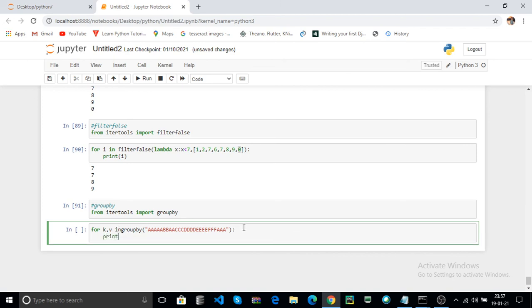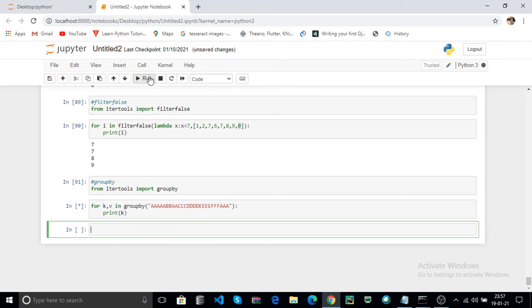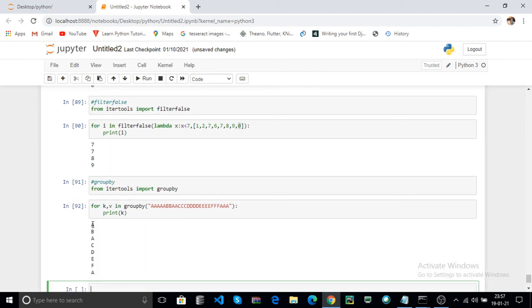Now print only the key. Here it returns only the keys. Click on run. Here it returns the keys, that means A, these are the adjacent matching items.